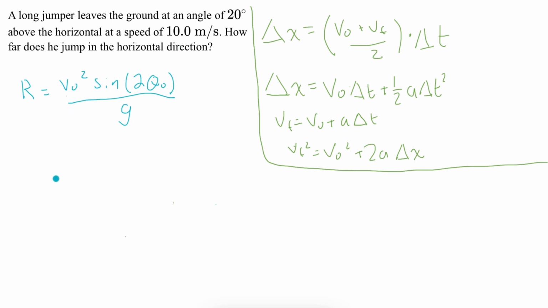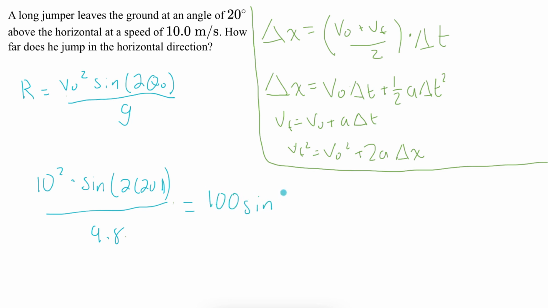The initial velocity is just 10 meters per second, so 10 squared times the sine of 2 times the initial launch angle, sine of 2 times 20, all over g, which is 9.8 meters per second squared. And then this simplifies to 100 sine 40